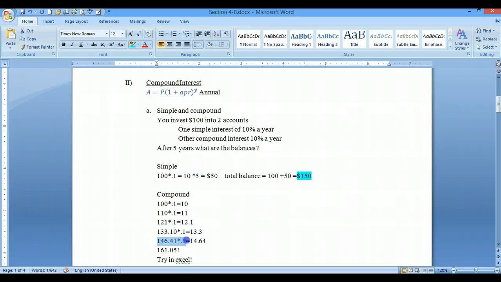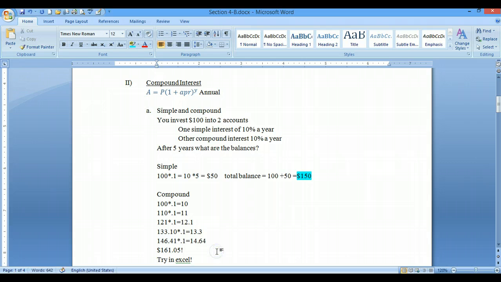Year 5, so I have 10% of $144.41 gives me $14.64. Now that's what I accrued in interest in the 5th year, so I need to add that back in for my total for the 5th year, and I have $146.41 plus $14.64 gives me